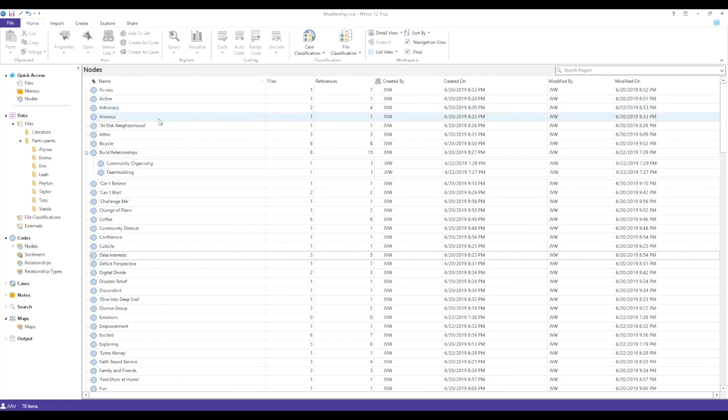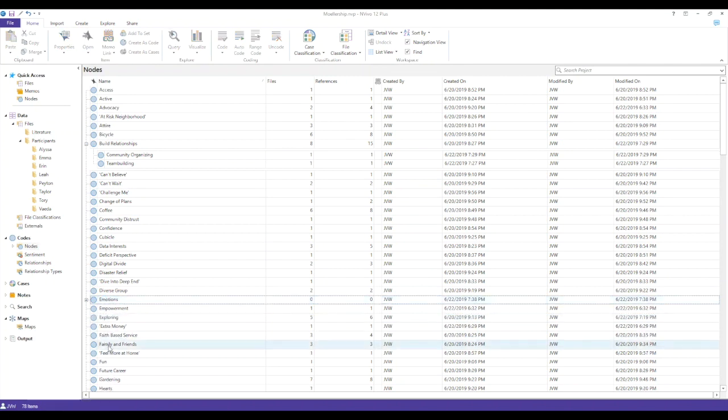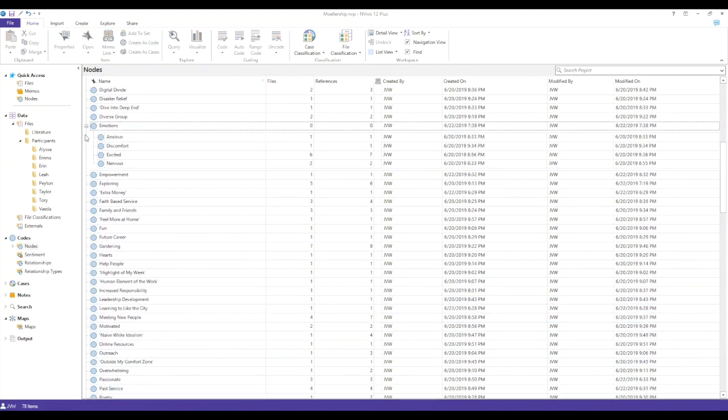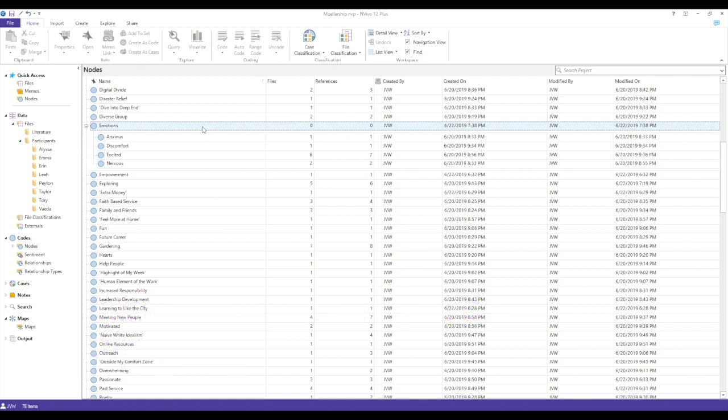Then I'm going to use shortcut keys and scroll through my nodes to move all of the emotion nodes under the parent node. Now, when I click on the plus sign next to emotions, you can see the parent node and all of the child nodes. Right now, emotions doesn't have any files or references,